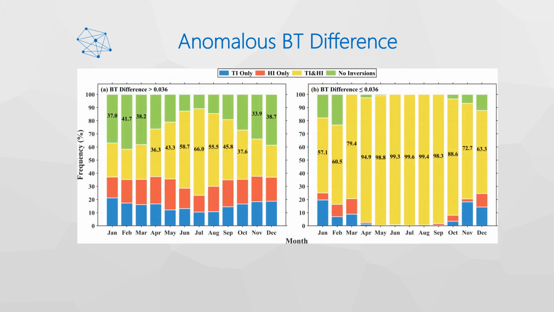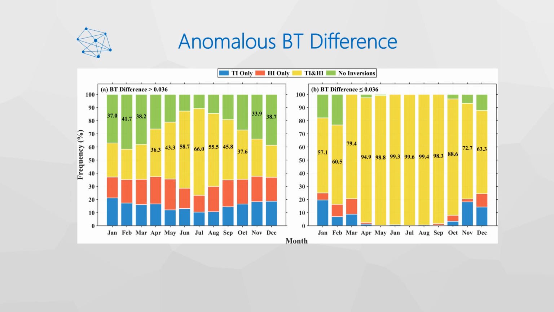The occurrence frequency of both temperature and humidity inversions reaches 98% for those anomalous BT differences and only about 60% for the significantly positive BT differences. The coexistence of temperature and humidity inversions is nearly inevitable in the warm seasons for those abnormal BT differences, as shown in the figure. The existence of temperature and humidity inversions is necessary but not sufficient for the formation of